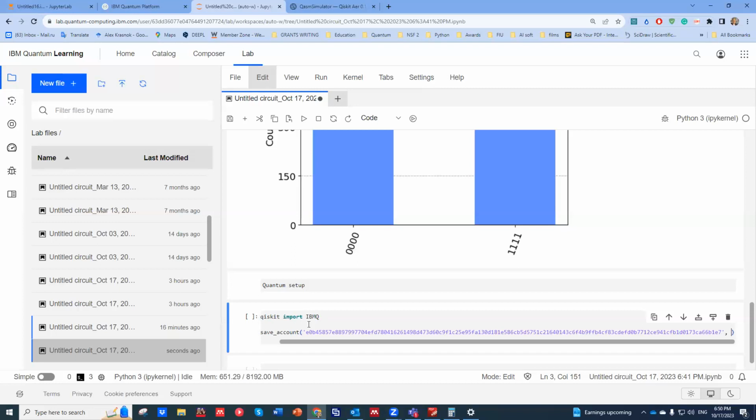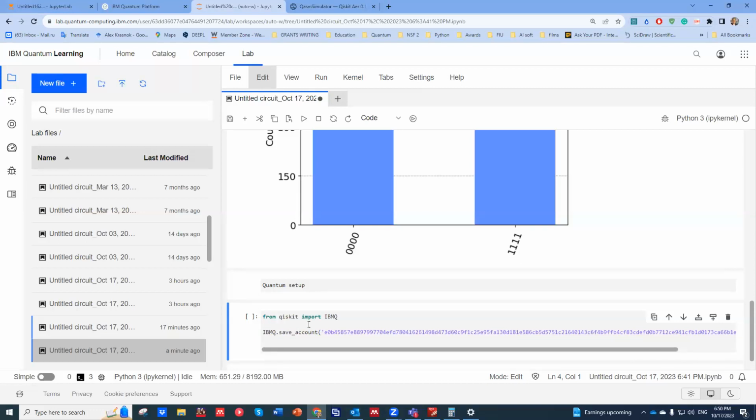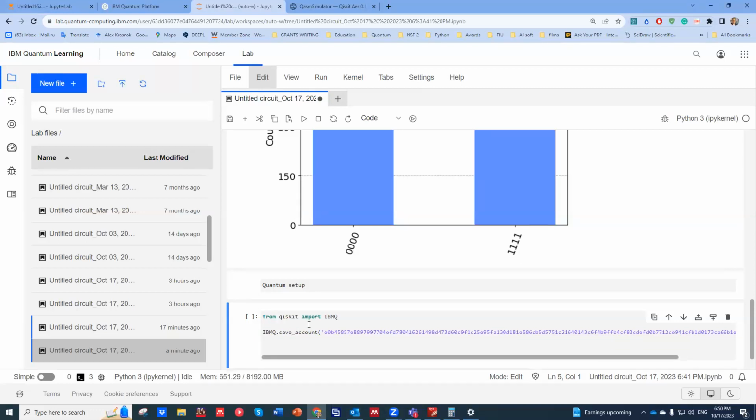And then I specify overwrite true. Okay, and finally I load my account,